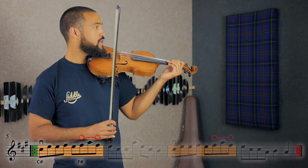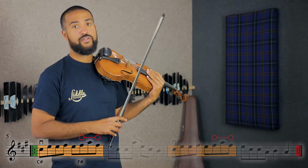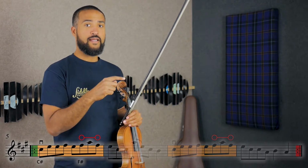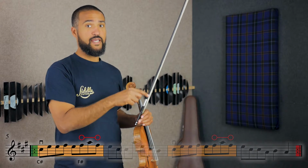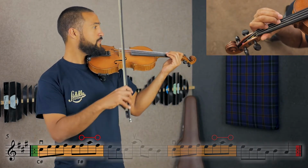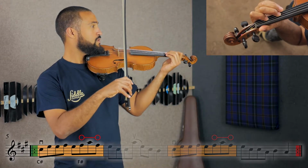Okay, so you're going to start on a C sharp, and you'll notice as well that there's also a repeat sign at the start of that line, and that's because as you get to the end of the line, that's where you're going to go back to repeat from the start of the second line. Okay, so we're going to start on C sharp. 1, 2, 3, 4, and